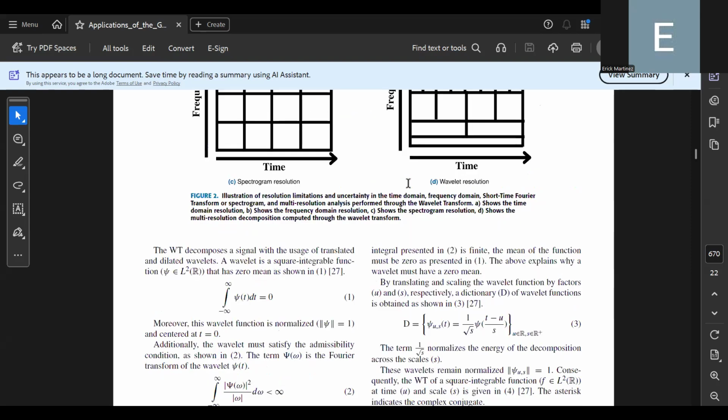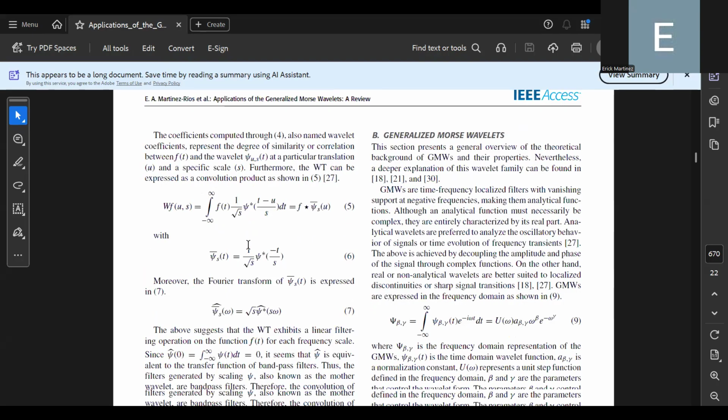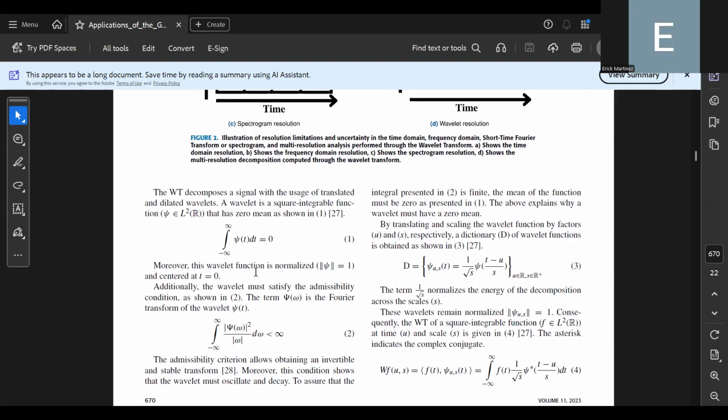Here I put some of the math related to this. For example, only to provide a brief overview, typically if we want to be sure that we are using a wavelet, this function needs to have a mean of 0. That is a property of a wavelet. Also, we need to obey this admissibility condition